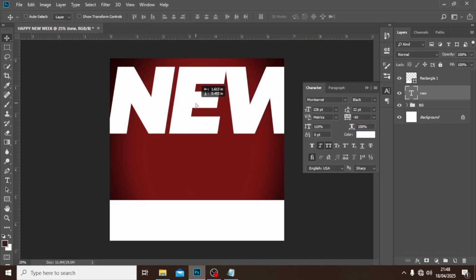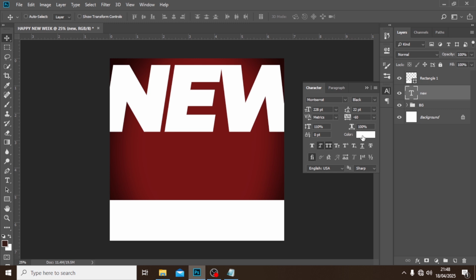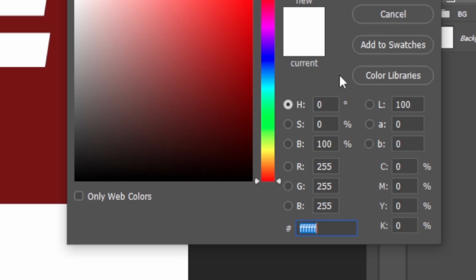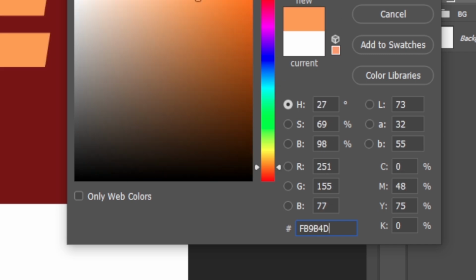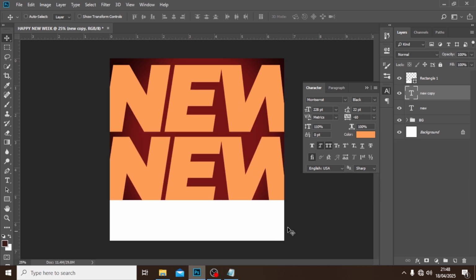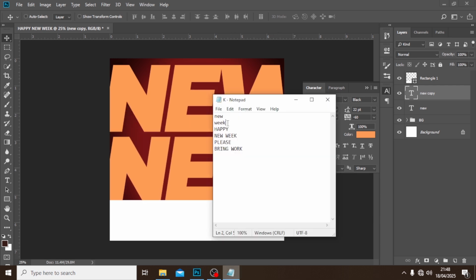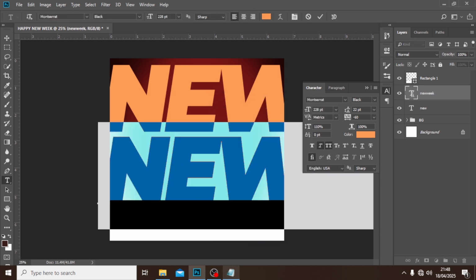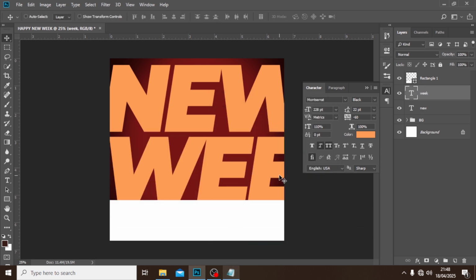Click on the move tool and then move it somewhere here. What we are going to do is you're going to change the color code. So click here and then let's choose FB9B4D. I think that is good. Duplicate it and then drag it down. Now we are going to pick happy, oh sorry, week. All right, so we've pasted week there,